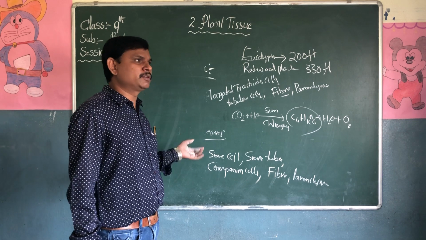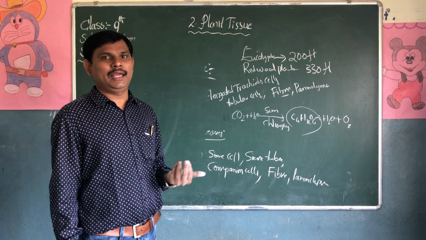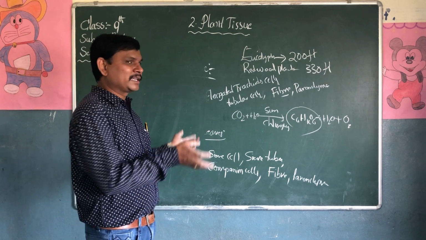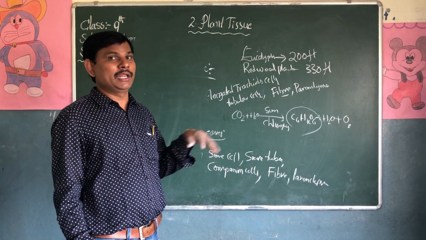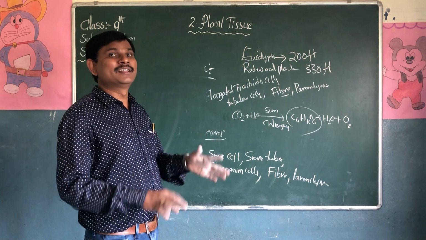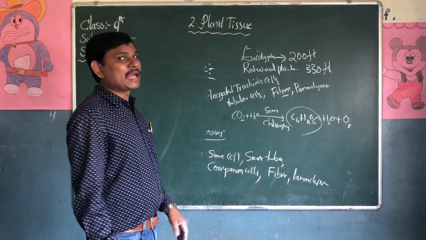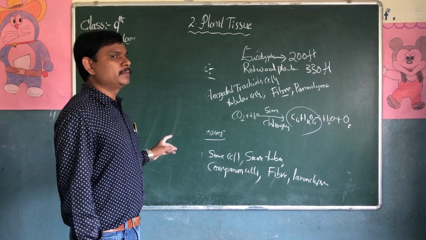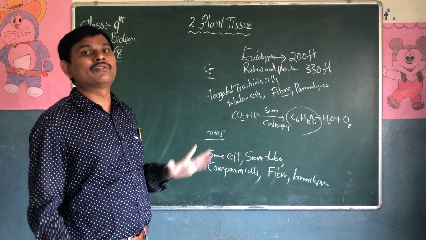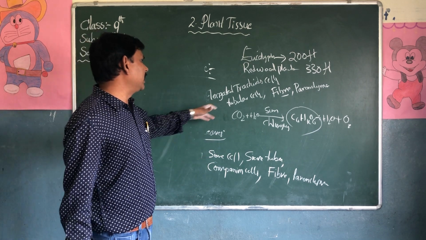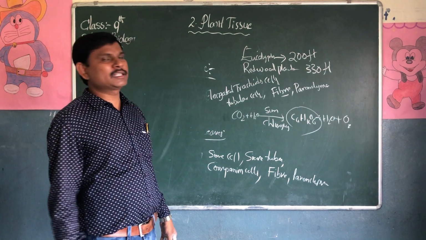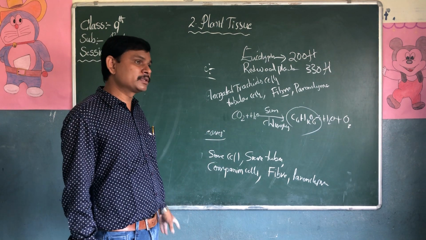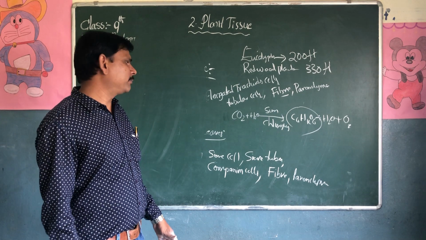Collenchyma and sclerenchyma: what is the difference? Both are thick, and there is a gap between one cell and another in collenchyma. There is no space in sclerenchyma. Last one, xylem is responsible for the transportation of water. Phloem is responsible for the transportation of food materials. Xylem has elongated tracheid cells, tubular cells, fiber and parenchyma. Phloem has sieve cells, sieve tubes, companion cells, fiber and parenchyma.